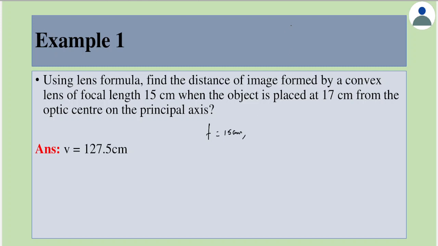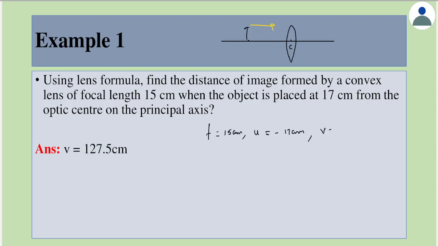the principal axis. So if you have a convex lens like this and the line passing through its optic center, this point here is the optic center, we call it C. If an object is placed somewhere here, light moves from left to right, and to find the object distance, we start from the optic center and go towards the object. So by sign convention, u would be negative. Therefore here u is equal to minus 17 centimeter.